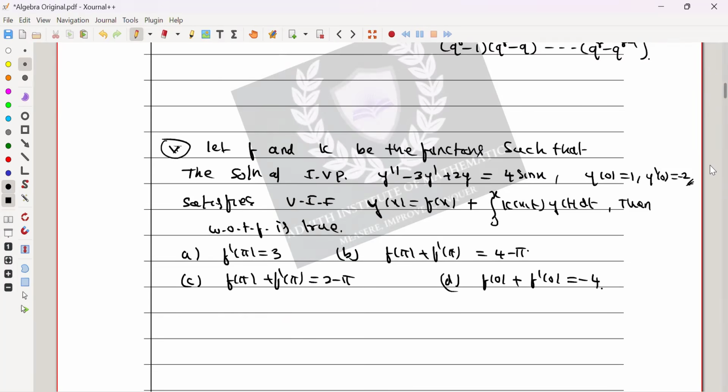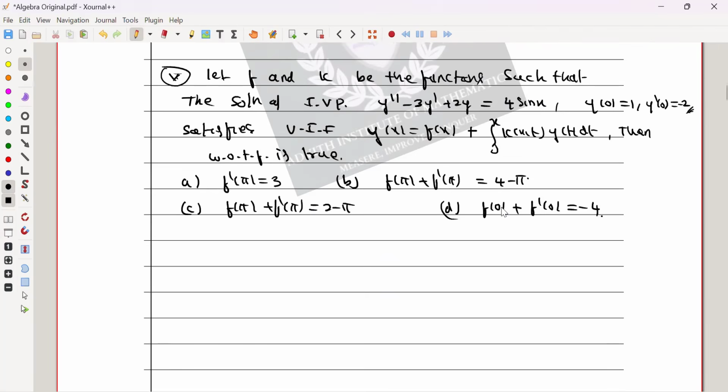So మనకి ఏమి ఇచ్చిండు, ఒక డిఫరెన్షియల్ ఈక్వేషన్ ఇచ్చిండు with initial conditions y of 0 is equal to 1 and y dash of 0 is equal to minus 2. So which represents the Volterra integral equation y of x equal to f of x plus integral from 0 to x k of x comma t y of t dt. Then we need to find what is f of x and what is k of x comma t, right? So therefore